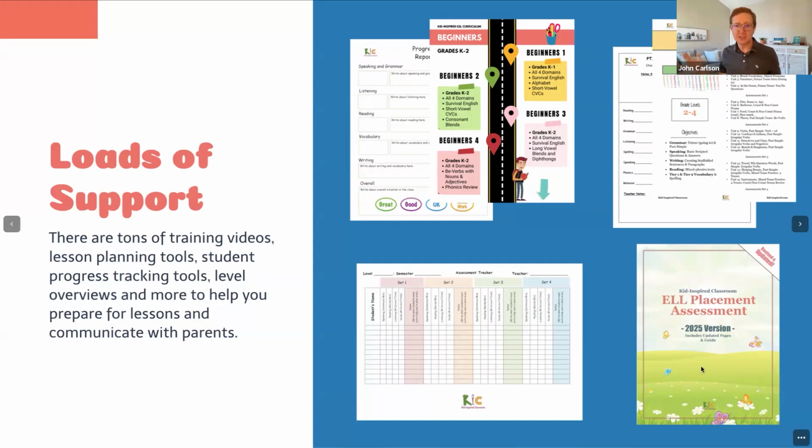And then how do you place a student? Which level do I start them on? You would use this ELL placement assessment for that. And there's an online, landscape version of that included with the membership that you can use with your students. Actually, I think I have a free version for that on the website too. If you go to kidinspired.com, and at the top it says online teachers, and then I think there are resources there. You can click through there. You can actually get the online assessment for free.